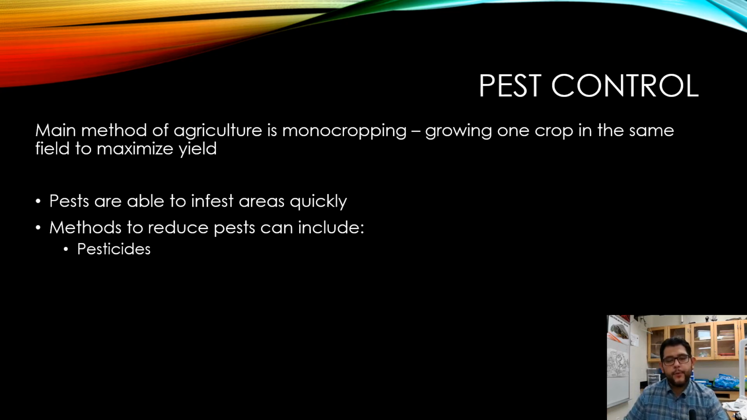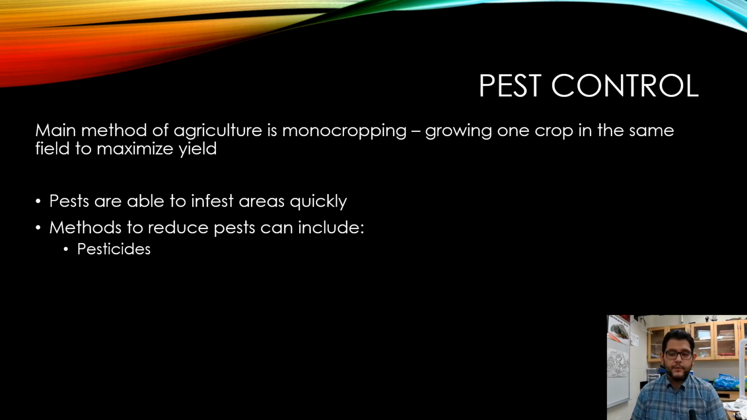The big problem here is that the big form of agriculture that humans practice is monocropping, right? We grow one crop in the same field to maximize the yield that we're going to get, which is great. But the problem is that this ends up allowing pests to show up and basically have a buffet, right? So they're able to infest areas really quickly, they're able to stick around, and we've had to try to find different methods to try to get rid of certain